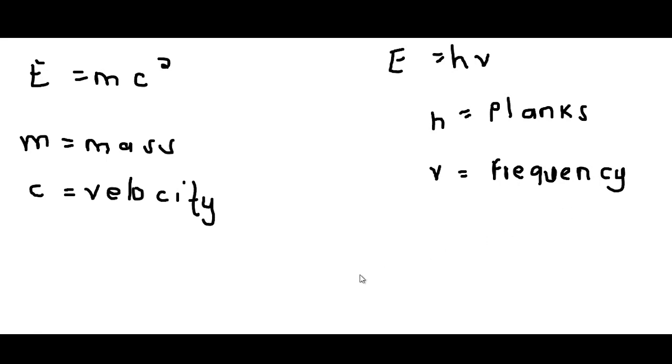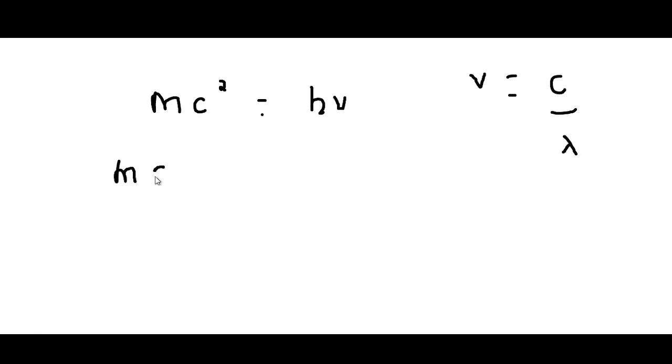So we are going to equate both the equations, whereby we are going to say that mc squared equals hv, and as we know, v equals c over the wavelength. So we are going to replace the v with c over the wavelength. So we are going to say mc squared equals h